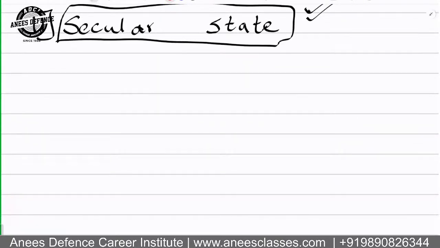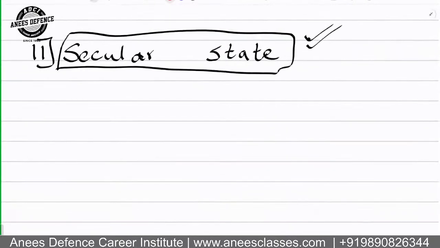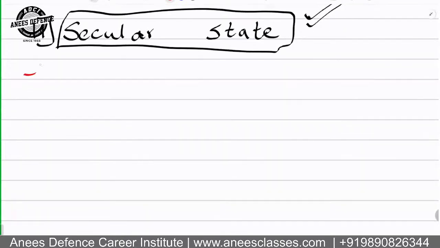So secular state is a very basic and salient feature of the constitution. Supreme Court in the IR Coelho case said that secularism is the basic feature of the constitution and no government can change it. We will also do this in detail in the preamble lectures. The next salient feature of the constitution is